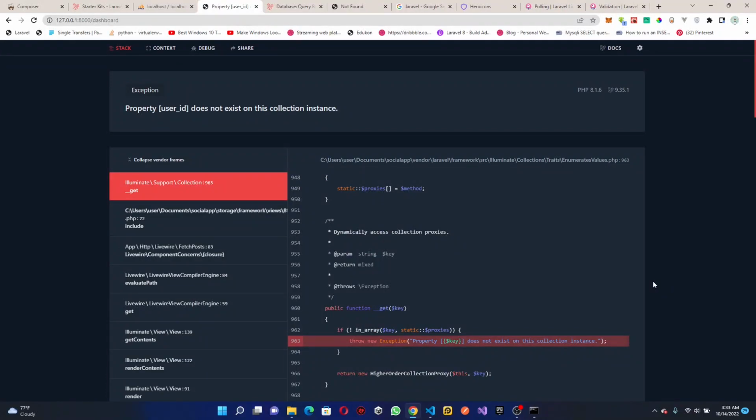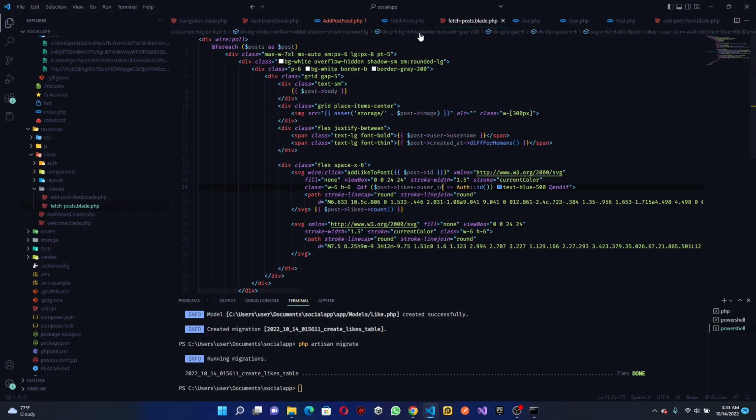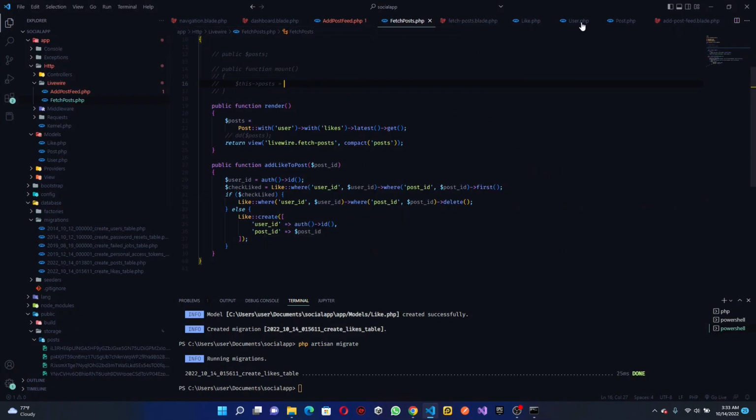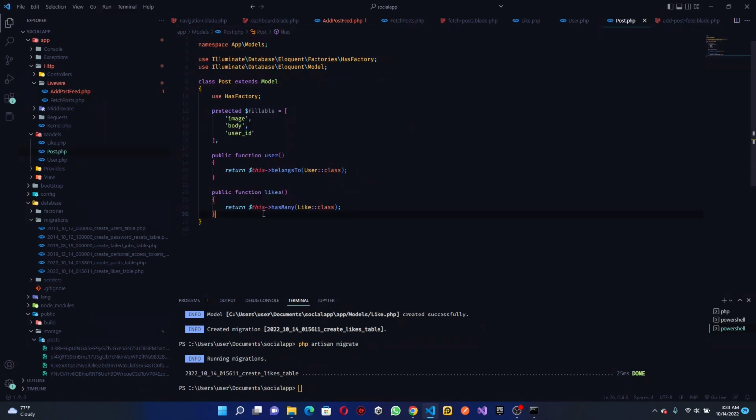All right, so the issue here is basically because every post has a like, so it is a collection. So a collection should be what should be looped. In our case, we don't want to loop one to like. So basically, what we can do is head over to our posts. We have this post model here. We can go ahead and create a new method that says public function